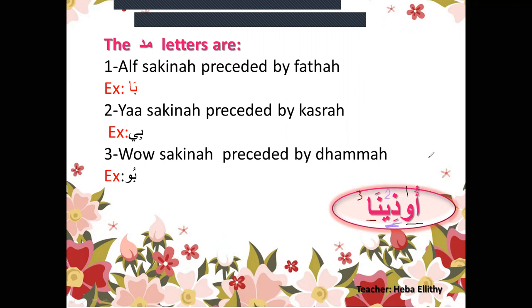Now I will answer you. All of them are equal. Why are all of them equal? Because we said before, a very long time ago, that all the letters with haraka are equal in length. That means hamza with dhamma is equal to dhal with kasra, which is equal to nun with fatha. This one is equal, that one is equal, and all the mudood letters are equal. That means the first part is equal, the second part is equal, and the third part too.